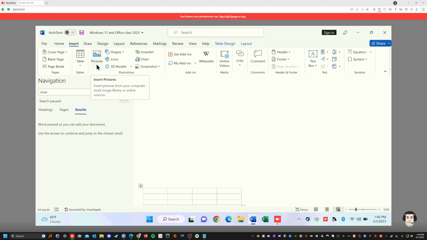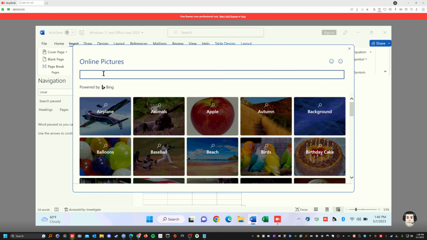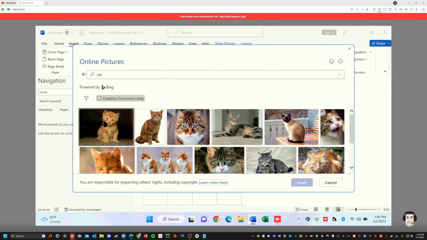Pictures. This is if you want to insert a picture, right? So you click on Insert Picture. From this device, from stock images or online pictures. So online picture, let's say there's a picture online, let's do cat or whatever, right? And you go cat, and then you look for the cat, you insert the cat, right?